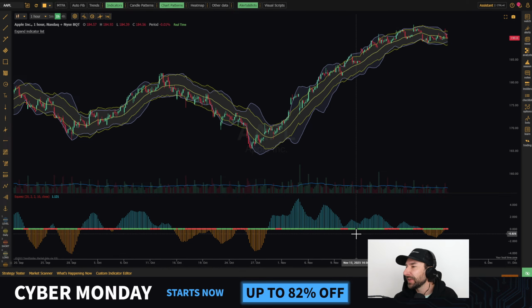The dots are definitely the squeeze and the squeeze firing. So that is related to where the Bollinger Bands are relative to the Keltner channel. Bollinger Bands are inside the Keltner channel when the dots are red. Bollinger Bands are outside the Keltner channel when the dots are green. That's absolutely the case. But these bars, I wonder if it's like a momentum, because you get this really strong